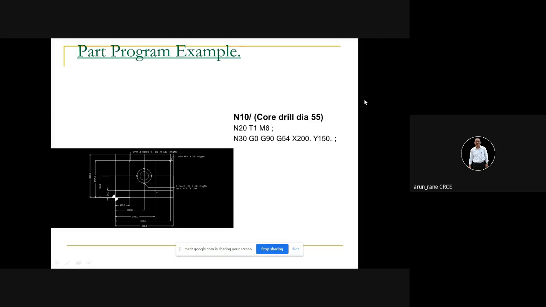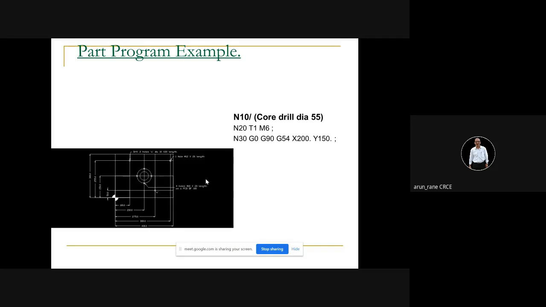Then these dimensions in the x and y direction you have to write in the workpiece offset page. There are workpiece offsets like G54, G55, G56, G57, G58, G59. So G54 to G59 are the workpiece offsets.